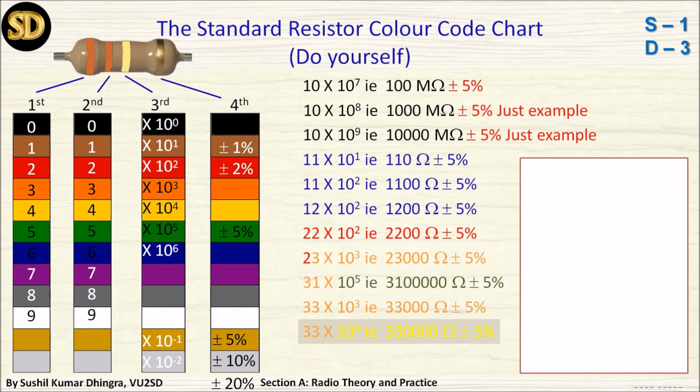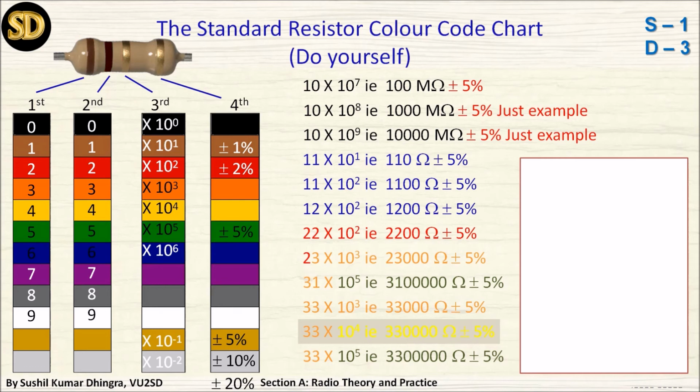Next, now it is green. It means the previous first two colors have no change. Now it is changing in power only. It is 33 into 10 raised to the power 5. That is, you can see on the screen. This is the answer. I'm not going to tell you because you have to calculate it using the kilo and mega formula.